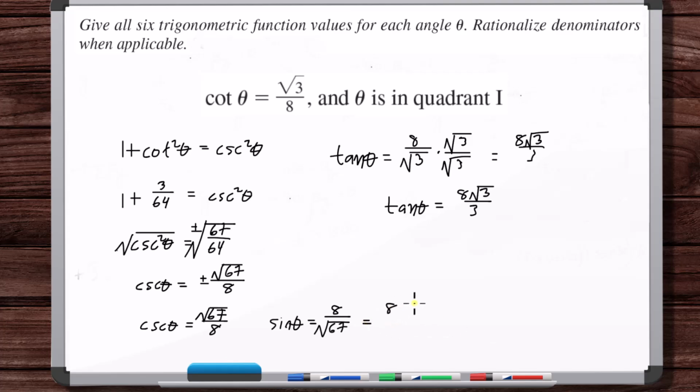So 8 root 67 over 67. Tangent, cotangent, and then cosine is going to be, so, okay, the quotient identity, tangent theta is equal to,